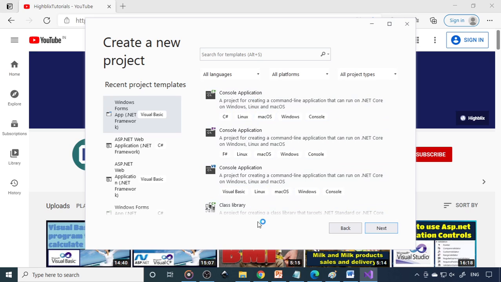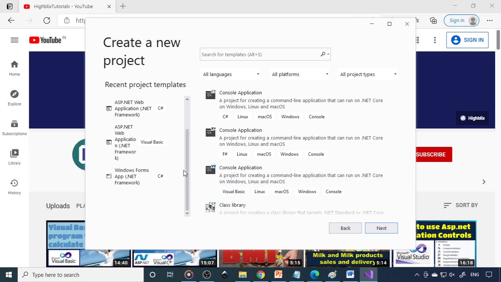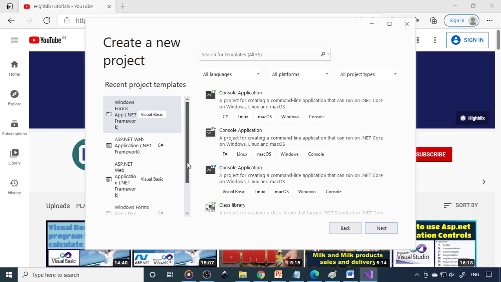Then in the list you need to select Visual Basic, and it should be .NET. So Windows Form .NET Framework and VB. This is Windows Form .NET Framework VB. Here also it's available, so you need to scroll down.